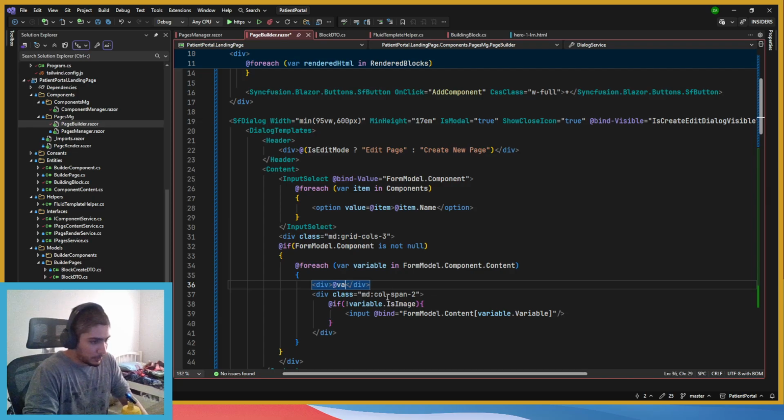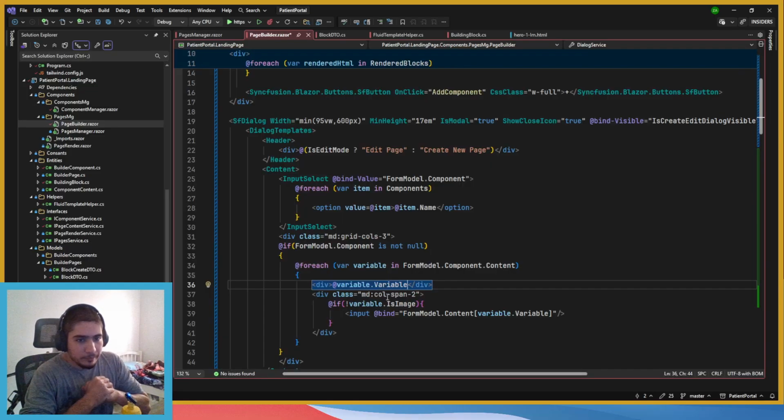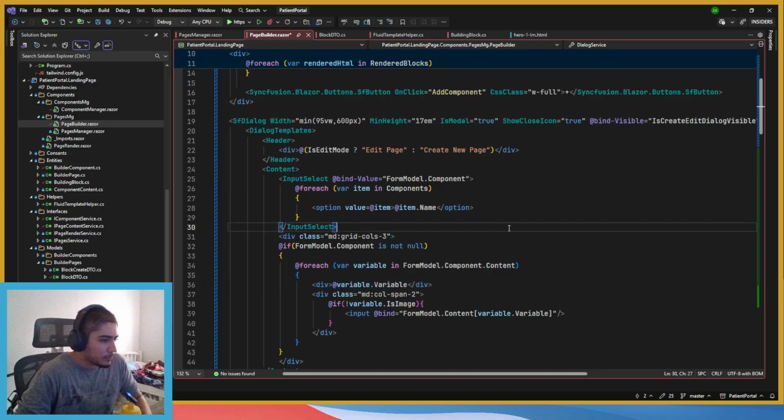And here we're gonna go variable, not variable. I know this will probably break it. That's why I'm gonna change this. So value, okay.